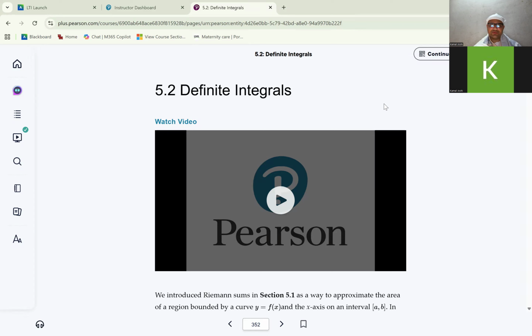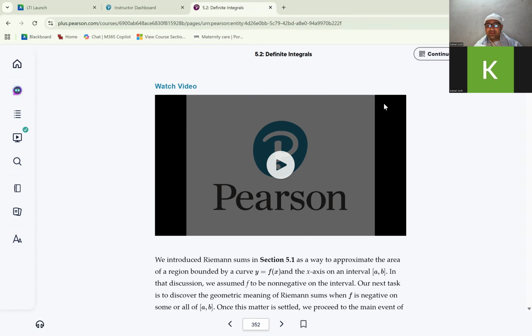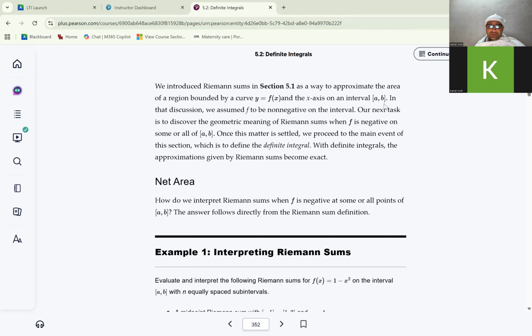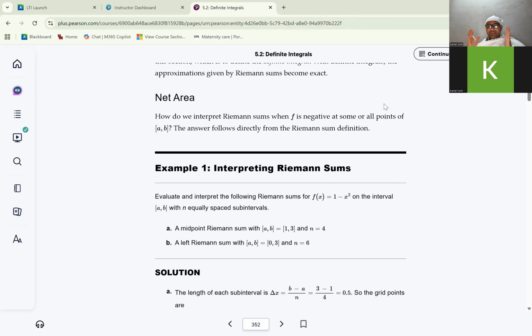In this video, I will introduce the topic of definite integrals and we will solve some problems. At the outset, you will find that the concept of definite integral was already introduced indirectly when we studied the Riemann sums in the previous section. In the Riemann sums, we learned that if you want to find the area between 2 points under a curve,